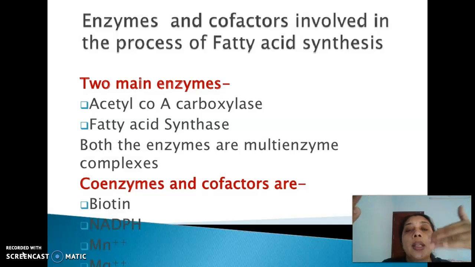This is followed by the carboxylation of acetyl-CoA with the help of acetyl-CoA carboxylase, which is a multi-enzyme complex. And the carboxylation is carried out in presence of biotin because carbon dioxide is donated by the bicarbonate ions. This is followed by the conversion of the acetyl-CoA to its next higher member, that is a malonyl-CoA, and this